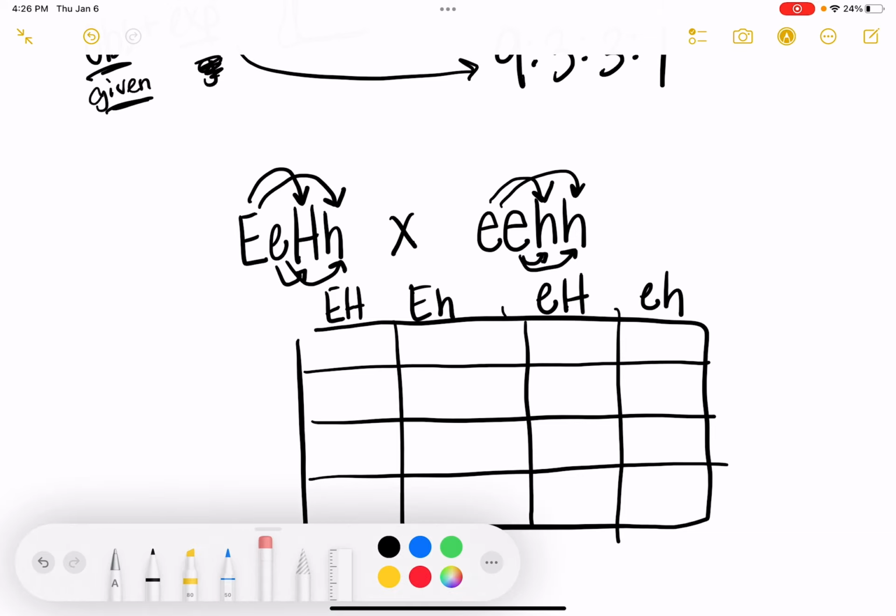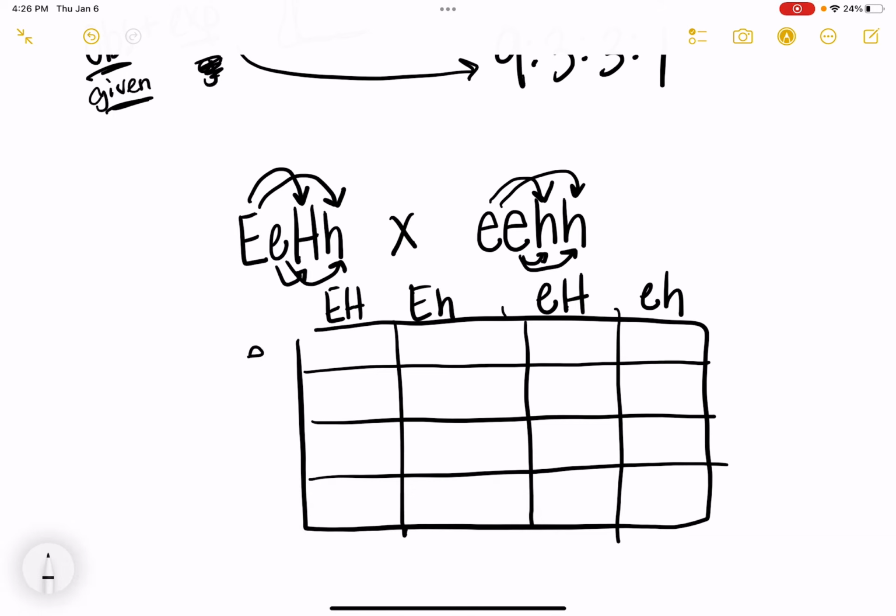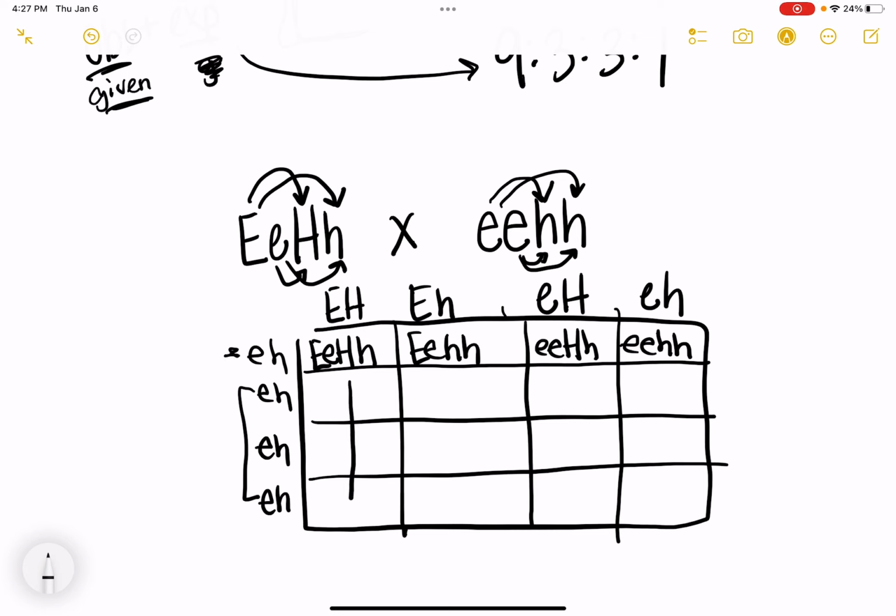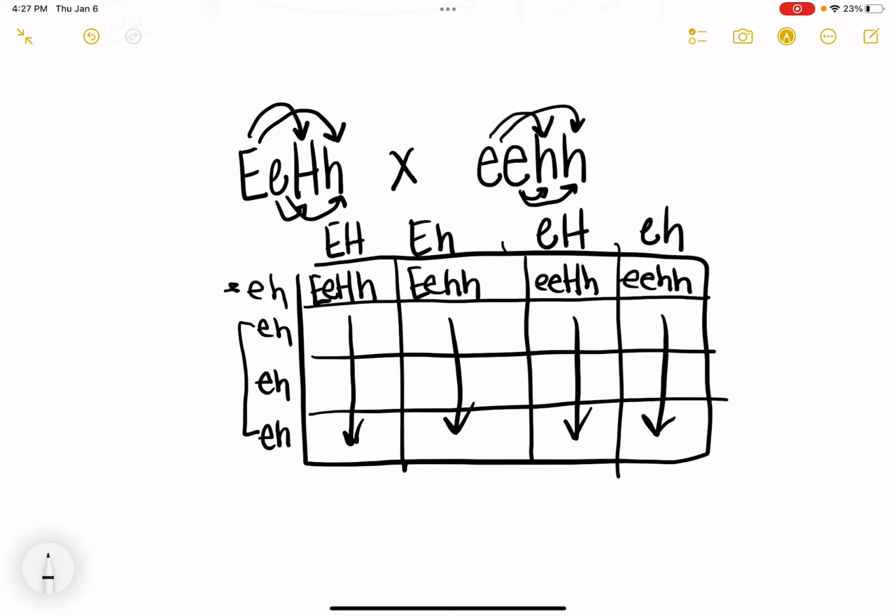That one's pretty easy to tell because that parent is only going to have little e's and little h's to give. See how it's all the combinations, and all of their combinations are the same because that's all that that mother has to give. Okay? So, let's fill out our Punnett square. Now, we could keep going and filling out the rest of our Punnett square. But because all three of these rows are the same as this row, all of those are going to be the same. Okay? So it's not important to me that you fill it out because I just want to know